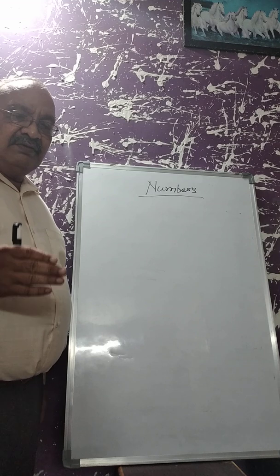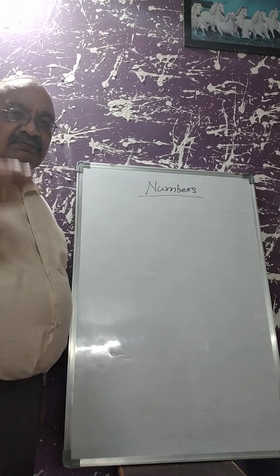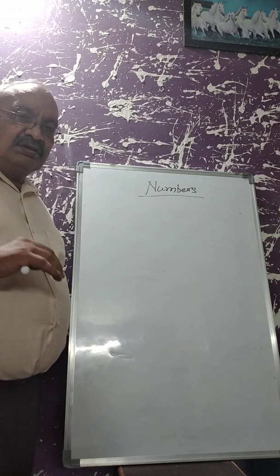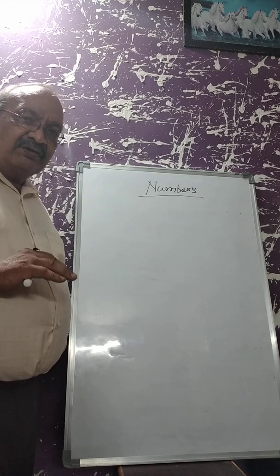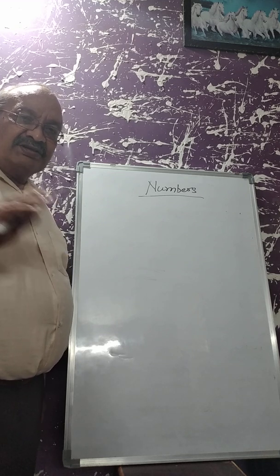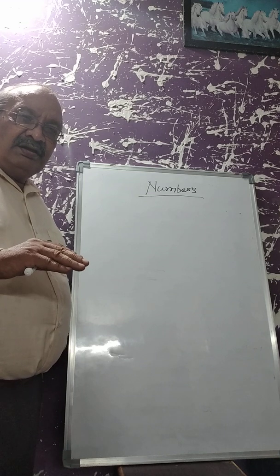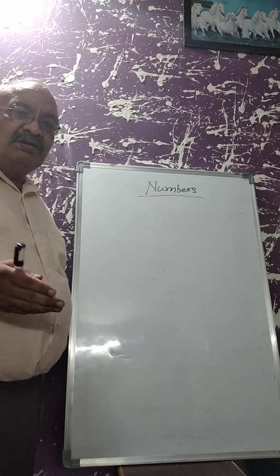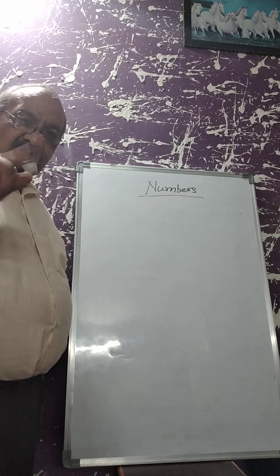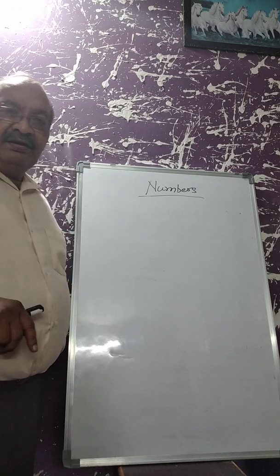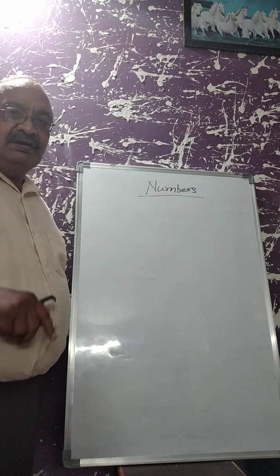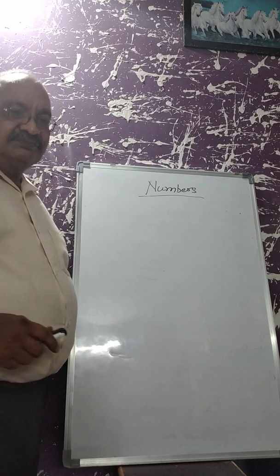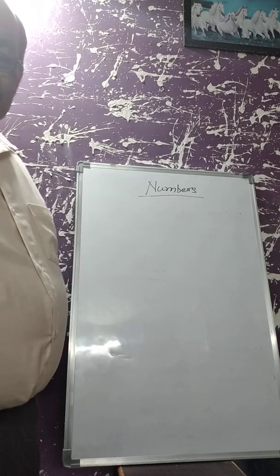And if anybody asks you about one-digit number, two-digit number, three-digit number, four-digit number, lowest number, greatest number, you'll be able to find out, because when the greatest number of any digit is given to you, and you have to find the lowest number of the next higher digit, just add 1 to the greatest number of the previous one. You will get the lowest number of the next one. So that is the process, children.